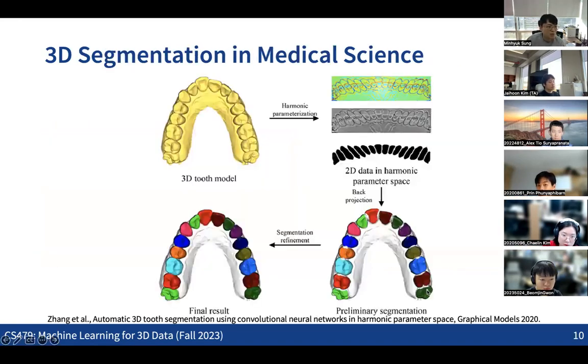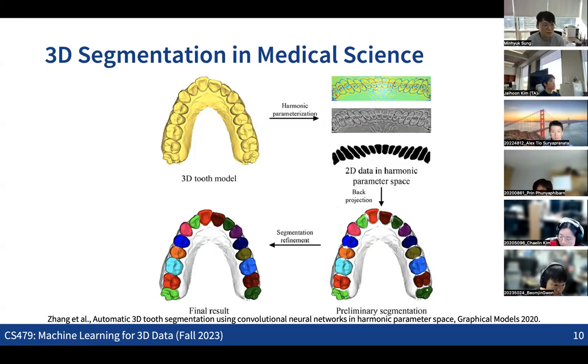And also for many other applications, even in medical imaging, for example, for this kind of 3D segmentation and object detection, the techniques can be used to detect some of the organs, or the tooth in this case. This kind of information can be used in many AI-based technologies to diagnose some kind of disease.